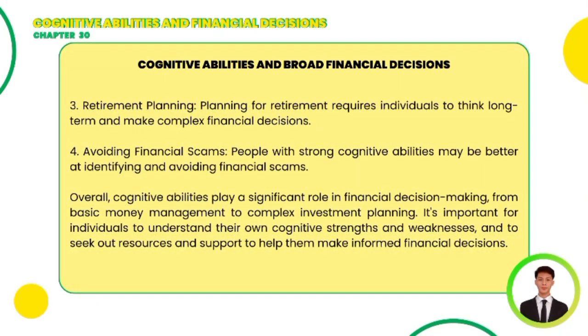Third is retirement planning. Planning for retirement requires individuals to think long-term and make complex financial decisions. People with strong cognitive abilities are often better at evaluating retirement options, estimating future expenses, and creating a plan that will provide financial security in their later years. Fourth is avoiding financial scams. People with strong cognitive abilities may be better at identifying and avoiding financial scams. They may be more skeptical of offers that seem too good to be true, and better at recognizing warning